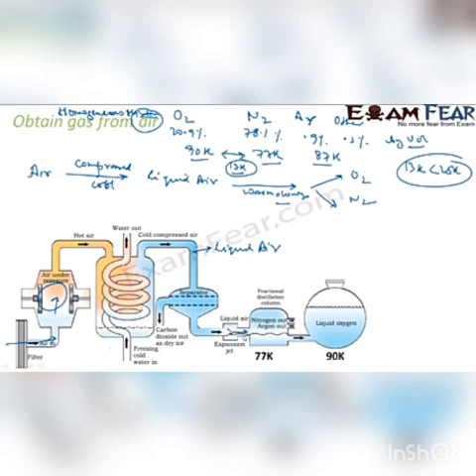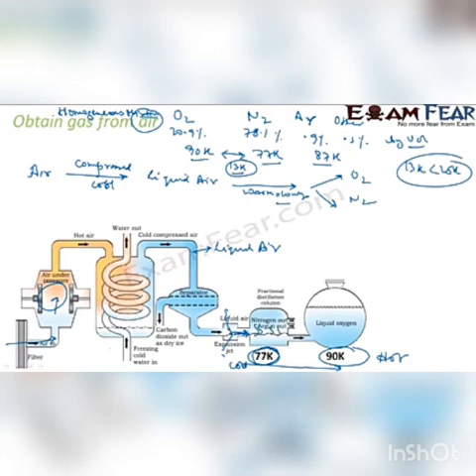Now we have the liquid here, and we slowly start warming. If you see here, this side is more hot, this side is cold. This area is 77 Kelvin, this is 90 Kelvin. We don't increase the temperature very high, but it is in this range. The liquid air comes out through an expansion jet, and till this part we have all liquid. Now we reach this temperature of 77 K. What will happen? The moment you have 77 K, the gas will come out.